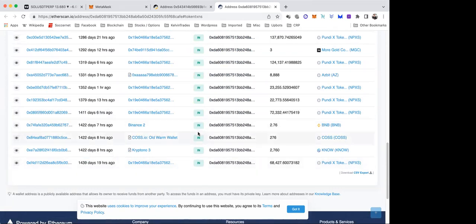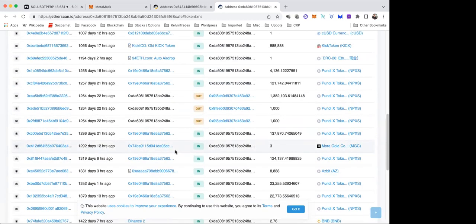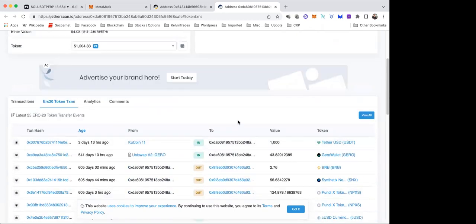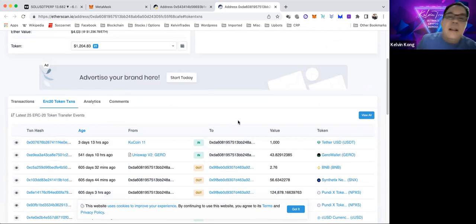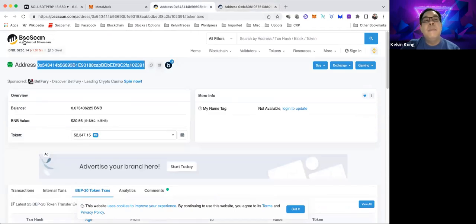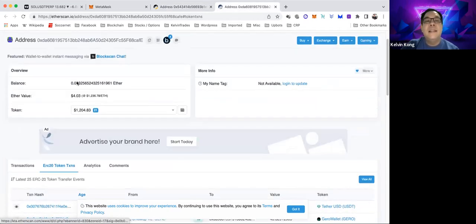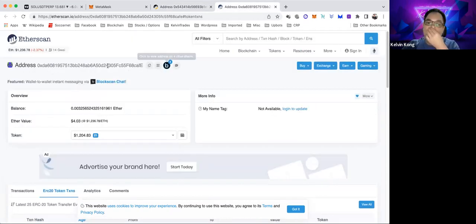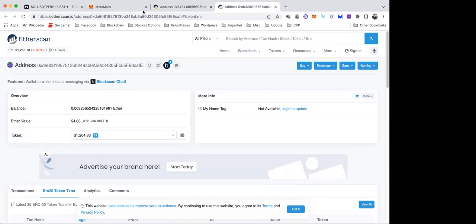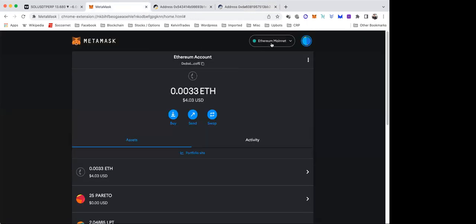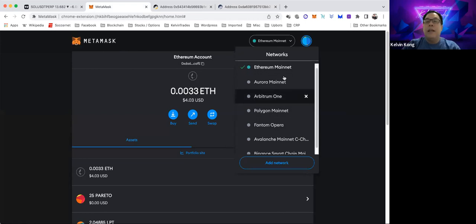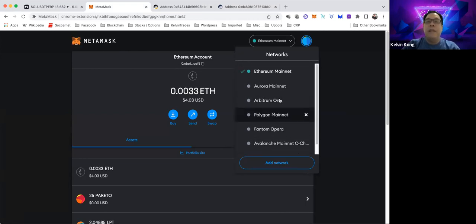So this is like your main bank account in a way. Then you store different currencies. You can say this is like your main bank account. All these are like your different banks. This is maybe a UOB, this is your UOB account number. This is like DBS, your DBS account number. Understand? So each of these blockchains, like I said, they have their own